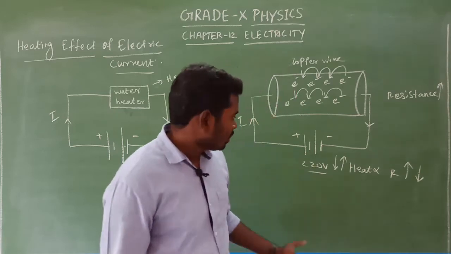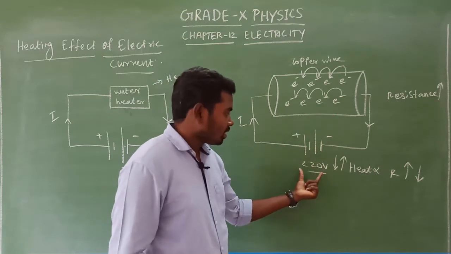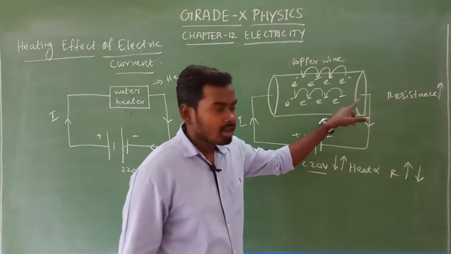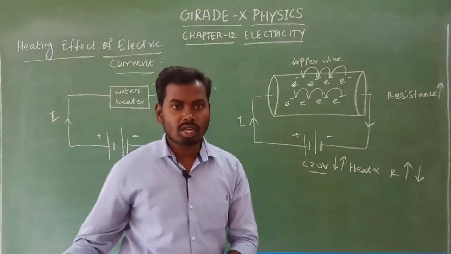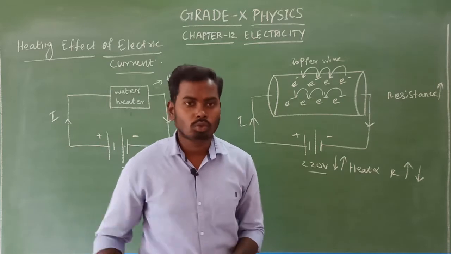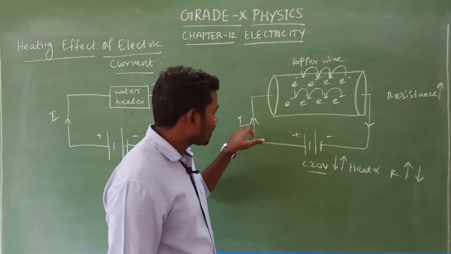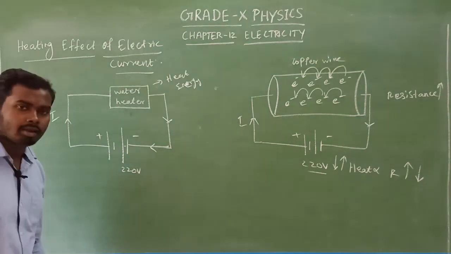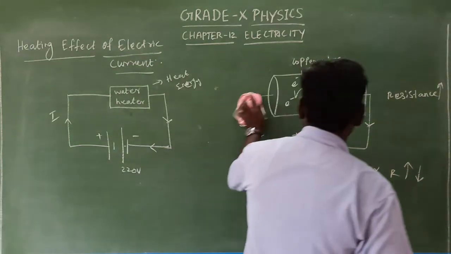Look at here. Now this is a very important point. What causes heat energy? Potential difference, current, and resistance. Am I right? And the time factor, because how long it is used also matters; the heat depends on how long it is used. So there is some relationship between the voltage, current and the resistance. Is it clear? It's very, very easy, students. Now we are going to see that relationship.